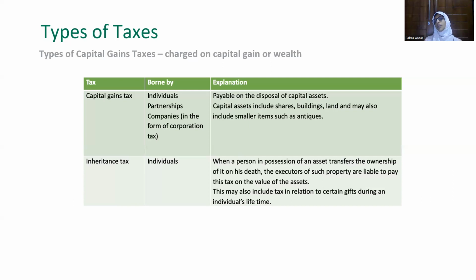So that particular 5,000 is what is liable for the capital gains tax. So basically it will include shares, buildings, land, machinery, and even something such as antiques, which have higher value. So therefore they will be included as well. Now, thereafter we'll be talking about